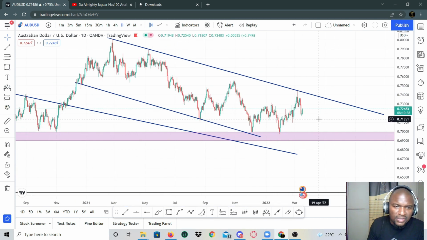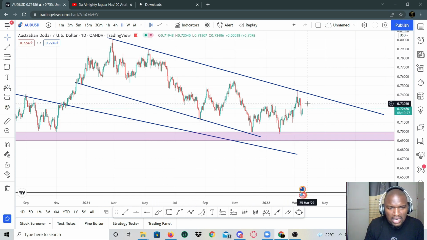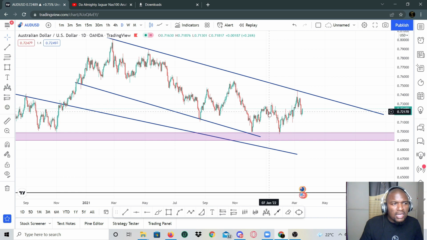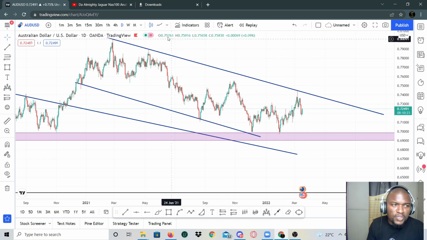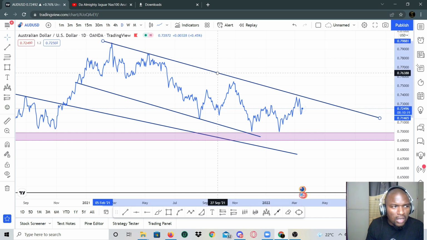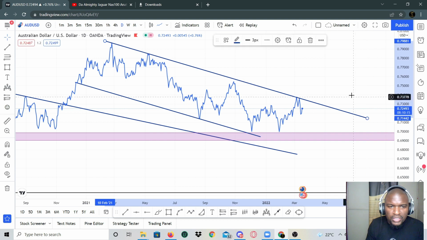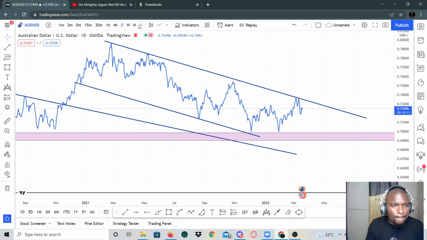So from these levels right here, guys, since we have AUD USD ranging in some sort of a bearish channel, what we can expect from this pair is that, let us quickly fix our accuracy. Okay,